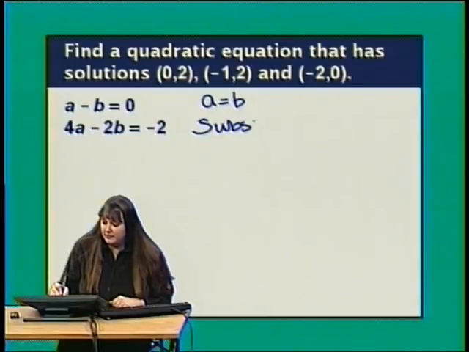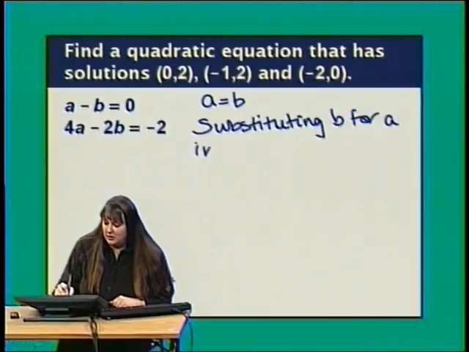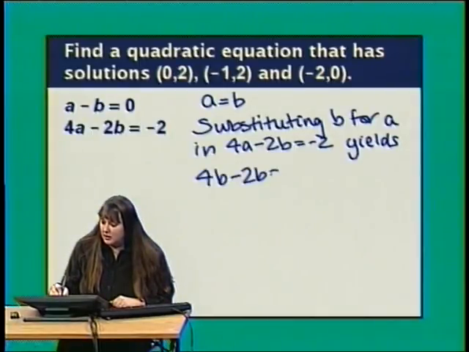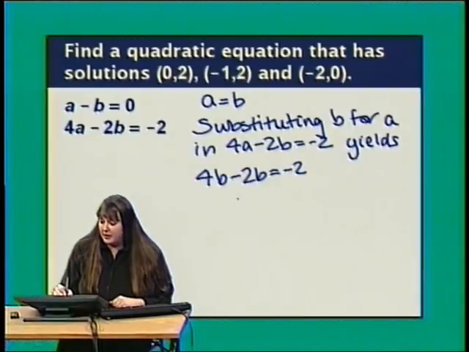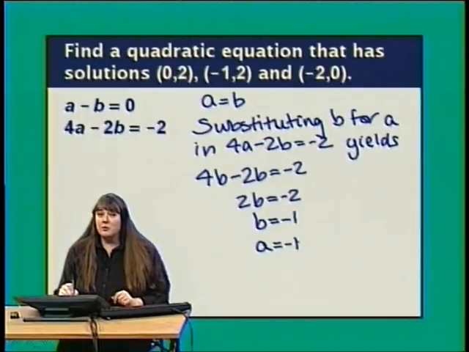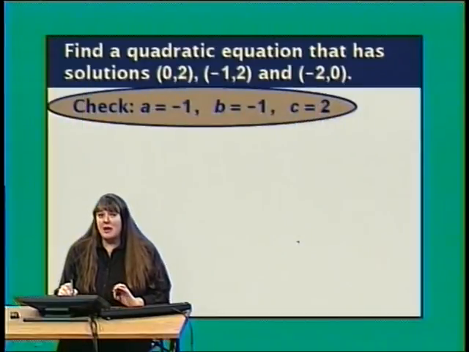So substituting b for a in 4a minus 2b equals negative 2, this gives us 4b minus 2b equals negative 2. Simplifying, 2b equals negative 2. Dividing both sides of the equation by 2 gives me b equals negative 1. And since a equals b, that also tells me that a equals negative 1. We already knew the value of c was 2, so now we have a and b are both negative 1